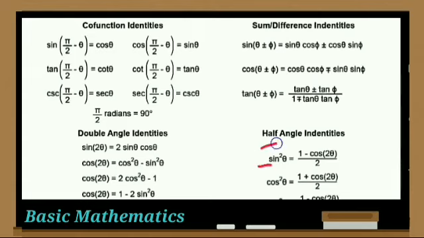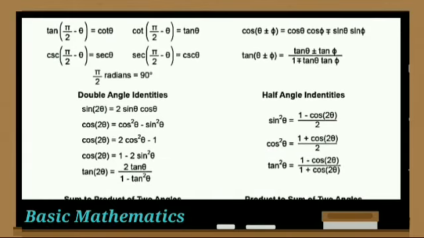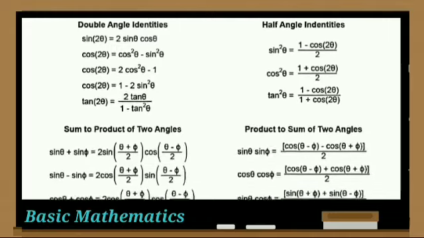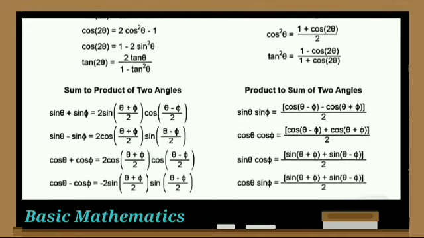Now move further. We can define half angle identities. So how can we get half angle identities? The identities are related to each other. We can see here that this half angle identity is related to the double angle identity. This cos square theta identity is related to this identity. That means these formulas are not different. As we interchange the functions, we get different formulas in different forms. So don't worry about them, but practice them.